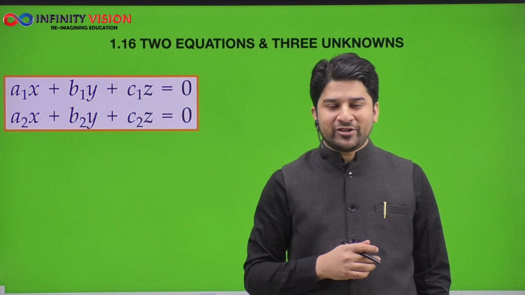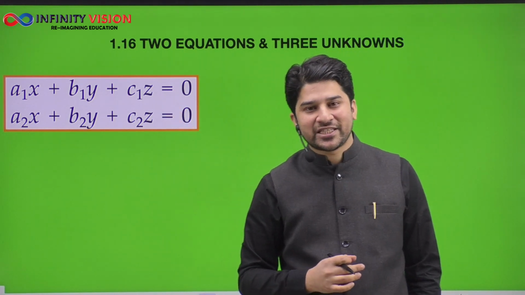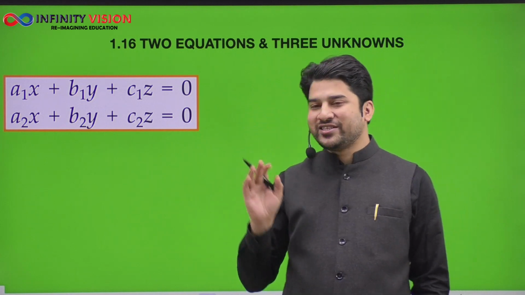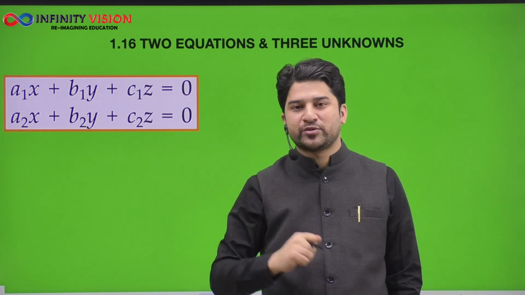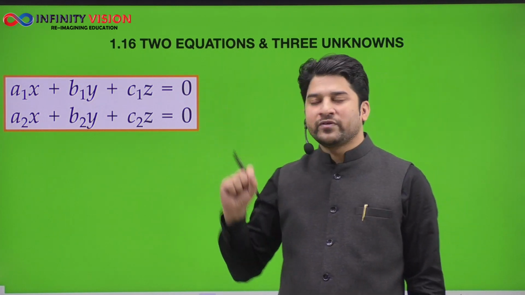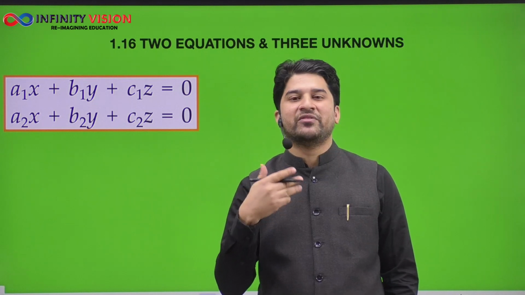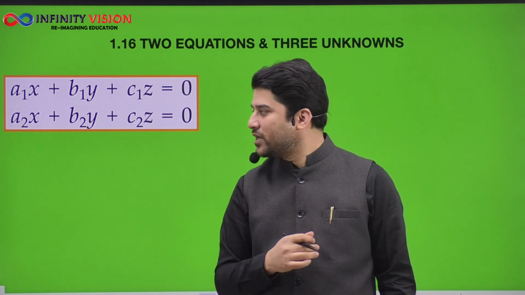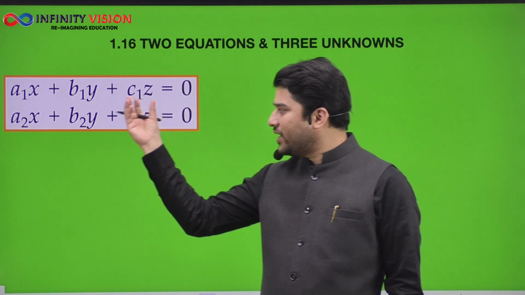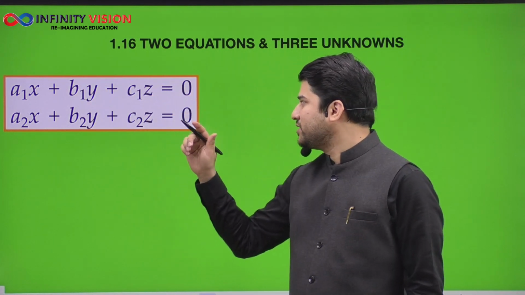You must be seeing two equations but three unknowns. Let's say the equations are a1x plus b1y plus c1z equals 0 and a2x plus b2y plus c2z equals 0. Now definitely we cannot solve these two equations completely because you have only two equations and the number of variables is 3. But what we can do, we can write this whole thing a1x plus b1y plus c1z as